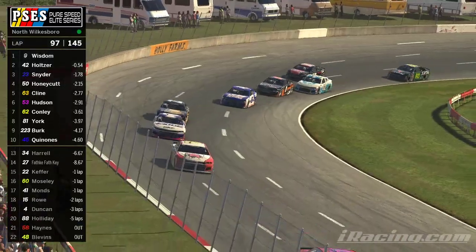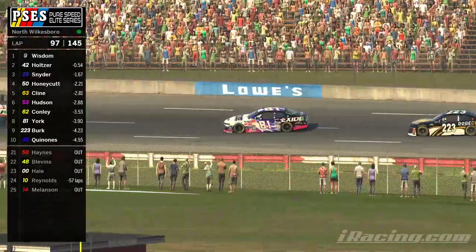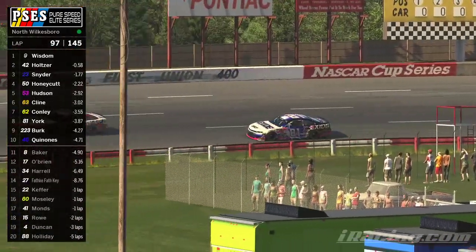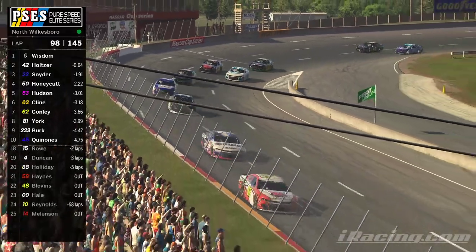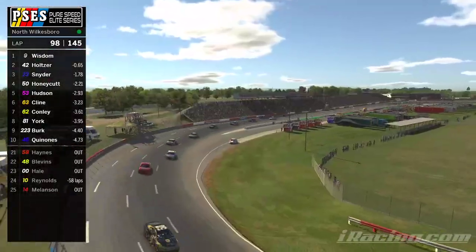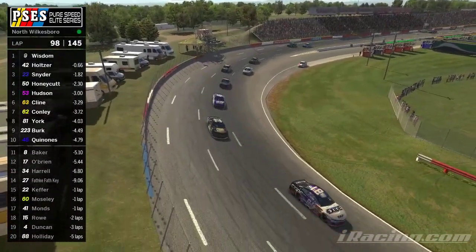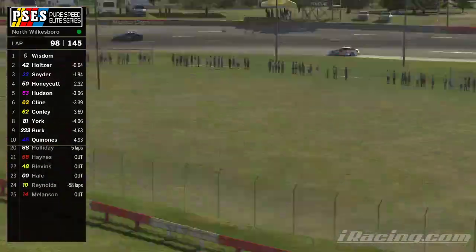The 223. Yeah, the 62 finally able to clear him. The 81 of Michael York as well able to clear Burke. That'll move Burke back into the 9th position as he continues to fade through the field here a little bit on this restart. But our drivers, this is definitely a much better restart than we've seen for a little while,